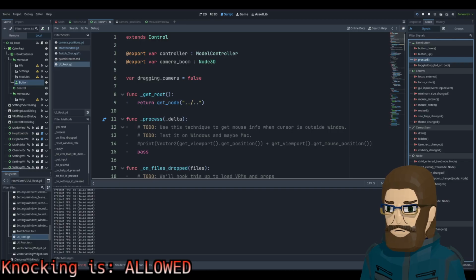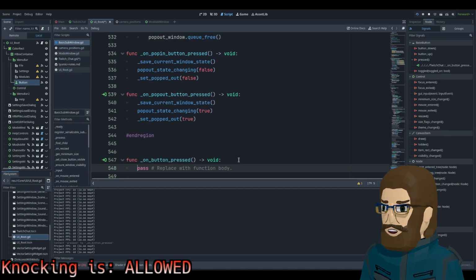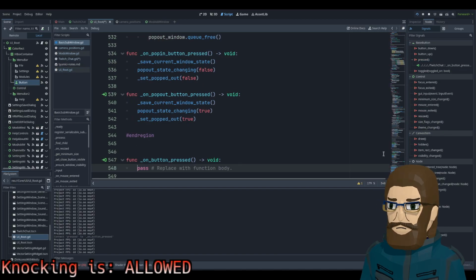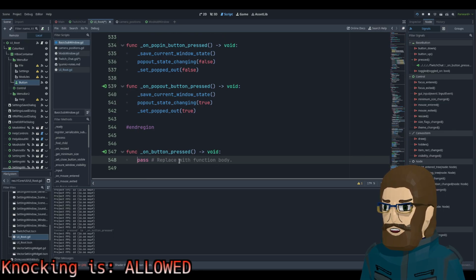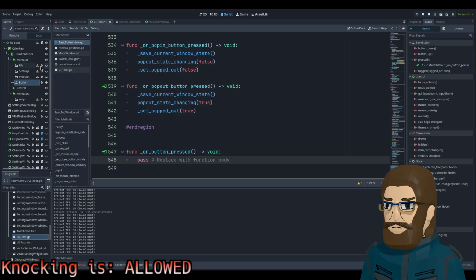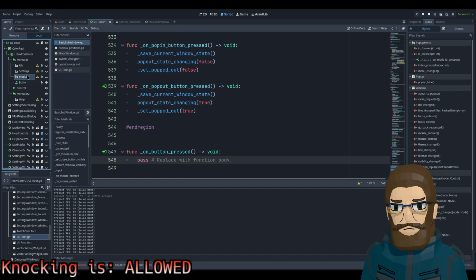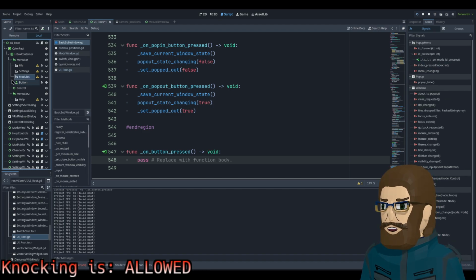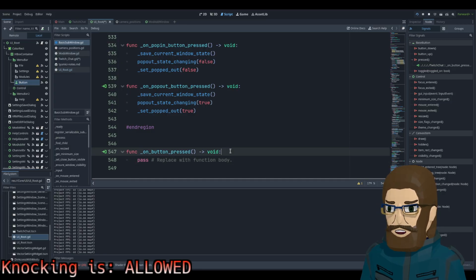Wait, yeah, because we can do. No, that's not right. If I just do this, like, I don't even know what that did. On button pressed. No, that's not quite right, is it? Oh no, no, okay, yeah. So then that's connected to this function. Oh, okay.